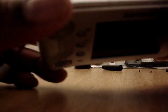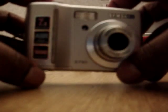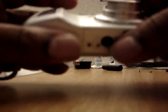Here you have a Samsung S30. Can you see it right there? Samsung S30. To take the casing off to get to the screen, to fix the screen, you have